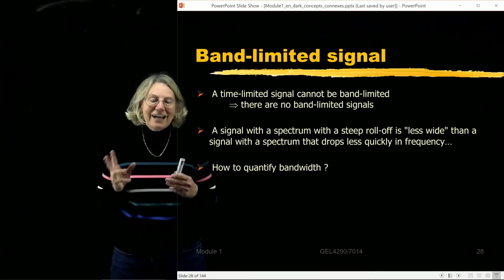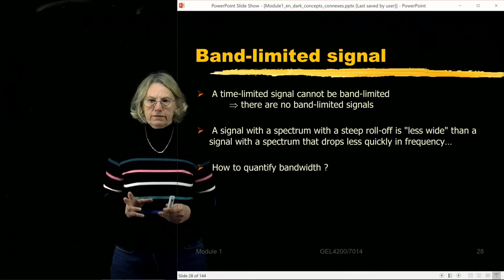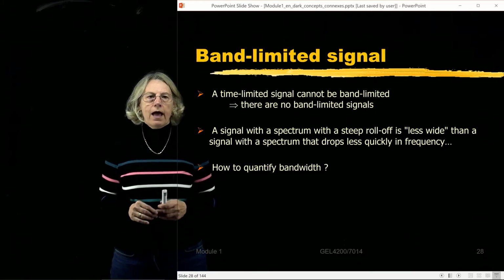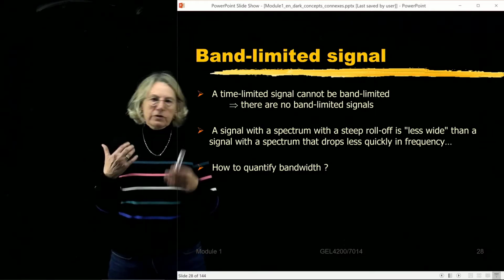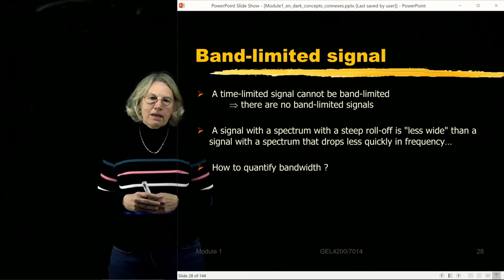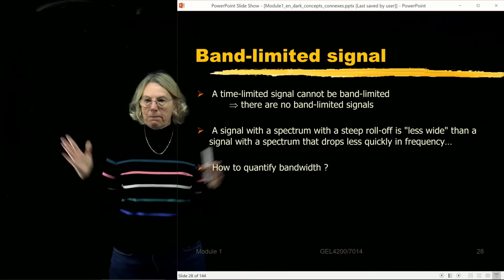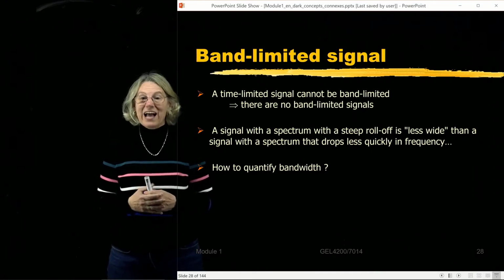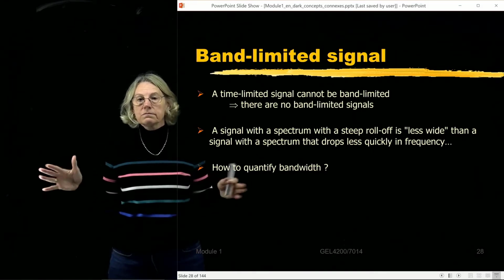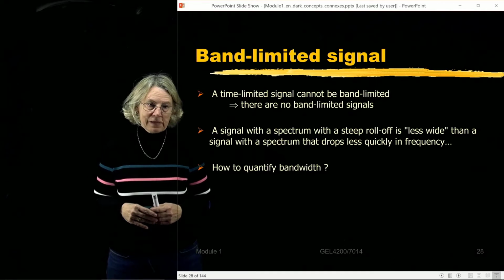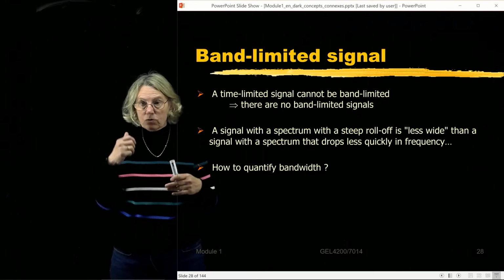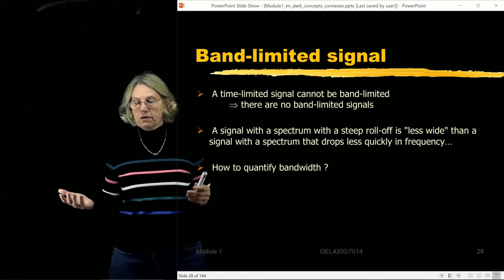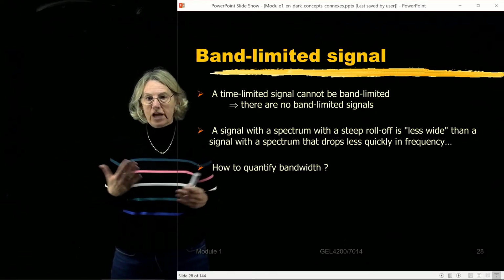We do have this idea of roll-off, that asymptotically they're heading for zero. So if we think about this idea that it may not be band limited, it might not be at a specific frequency that is exactly zero, but there is some point where it becomes negligible. And it depends on how quickly it rolls off. So roll-off might be an important concept when I'm thinking about signals and channels.